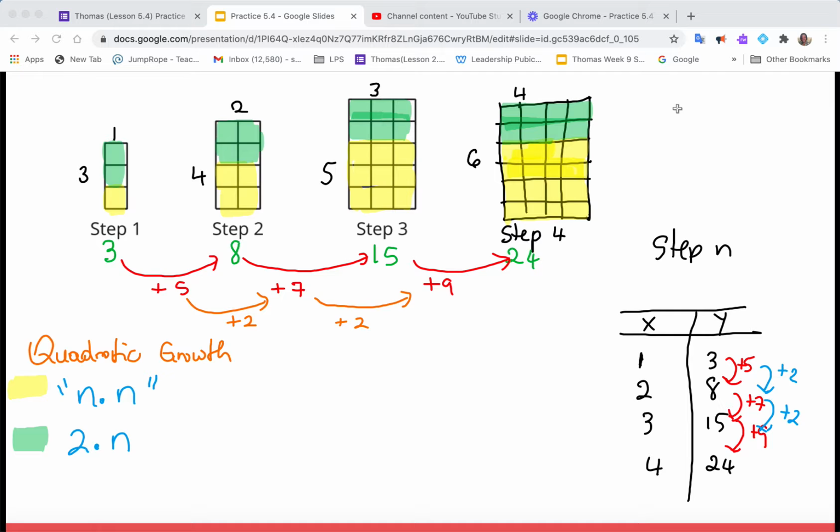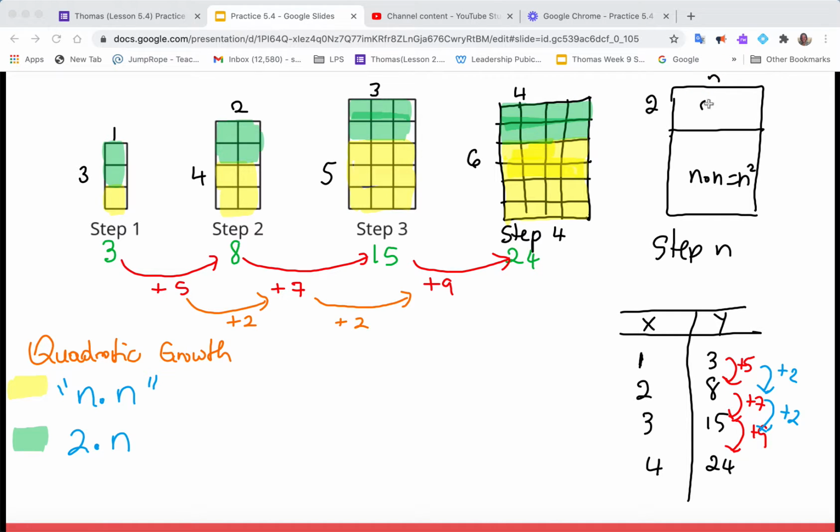I would have a shape that looks like this, where the bottom portion of my shape is n times n, which is equal to n squared, and the top